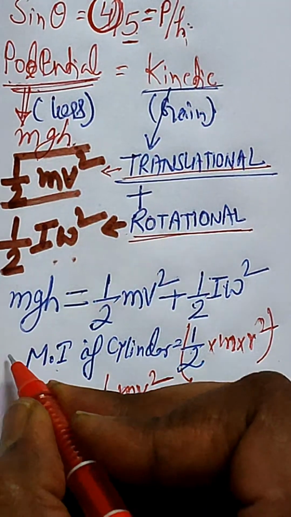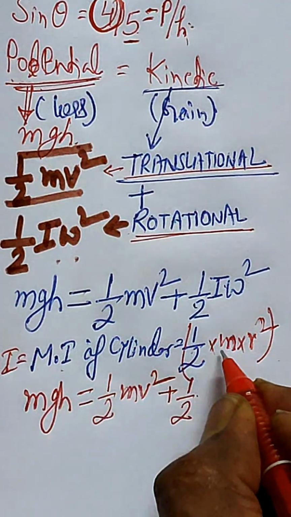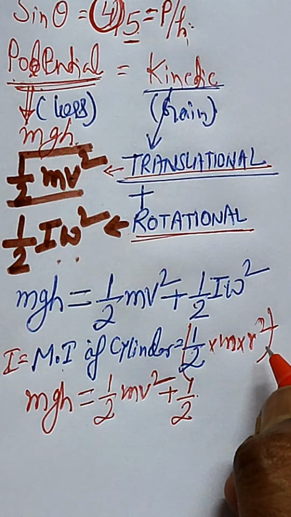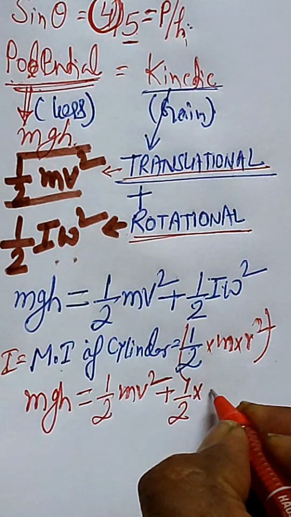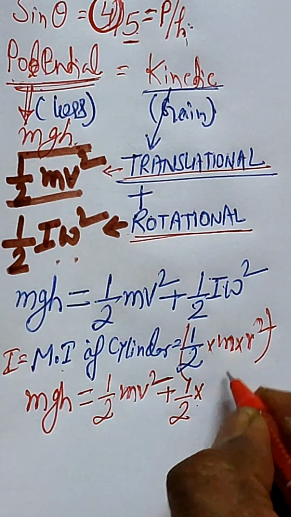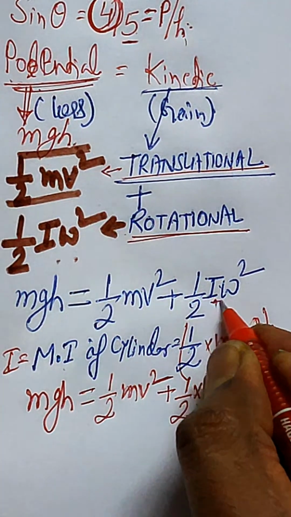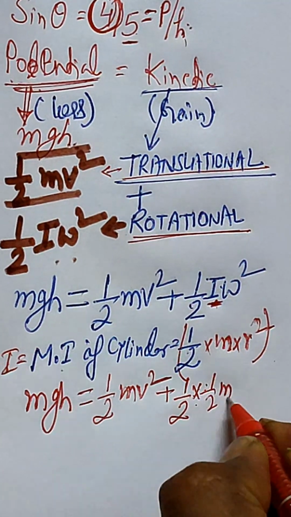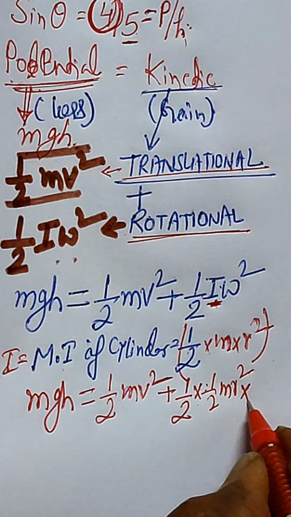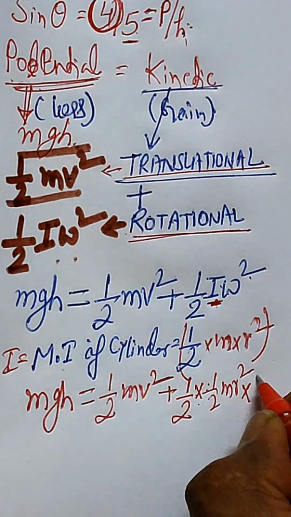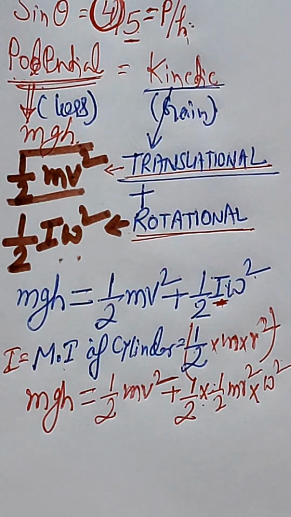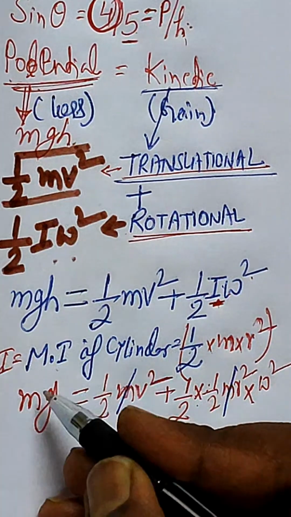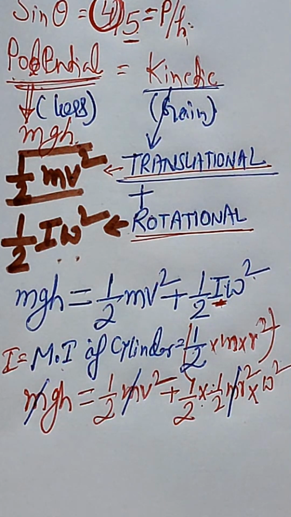Since I is calculated as half mr square, we can write half into half mr square into omega square, right? Now you can see here m is common in all the terms, which can be cancelled,